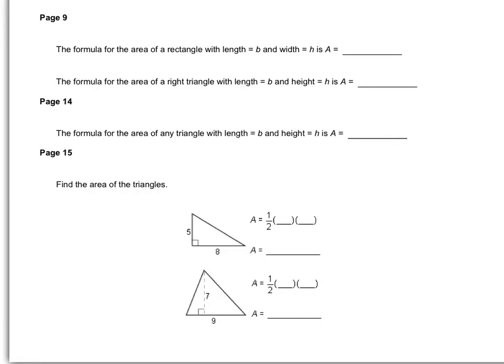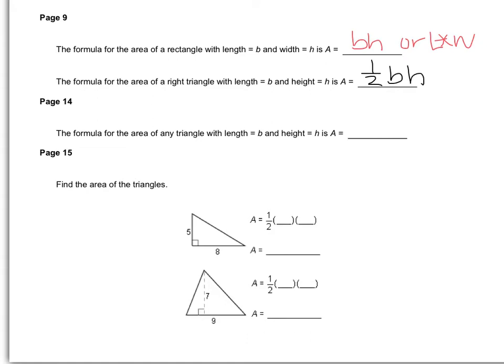So again, if it asks you for the area of a rectangle with a length of b and a width of h, it is area equals base times height. So you can use either the length times width or base times height formula. Either one is acceptable. To find the area of a triangle, its formula is 1/2 of the base times the